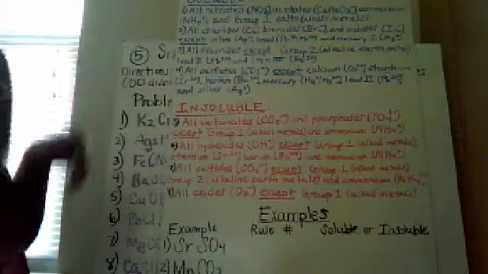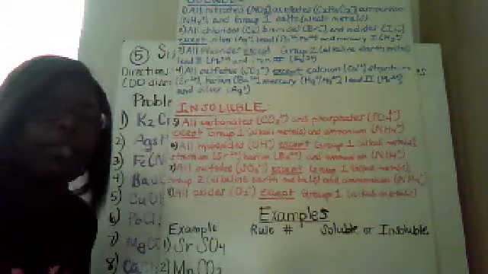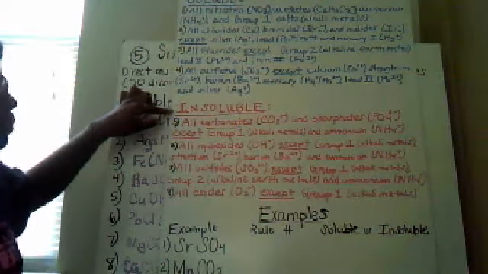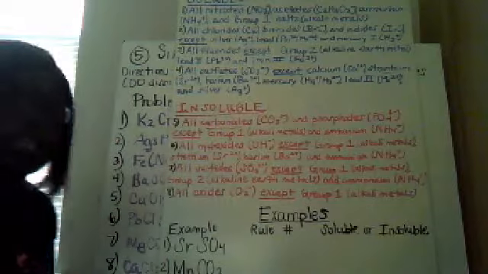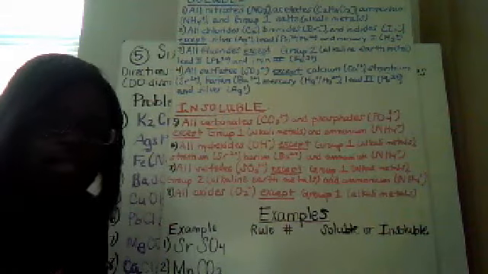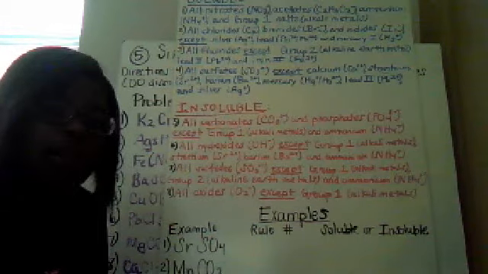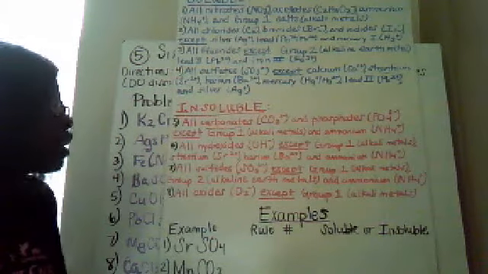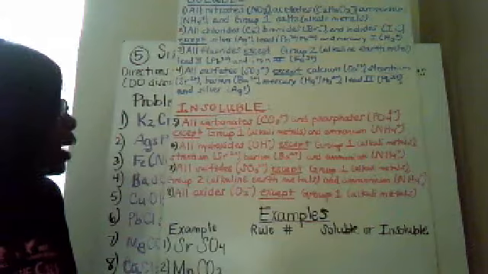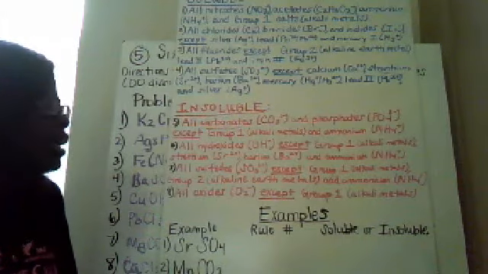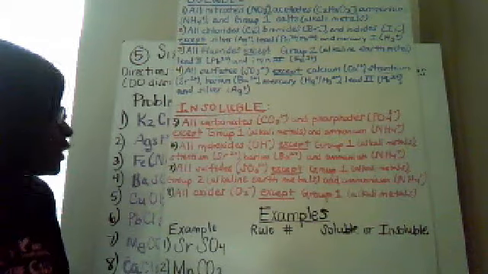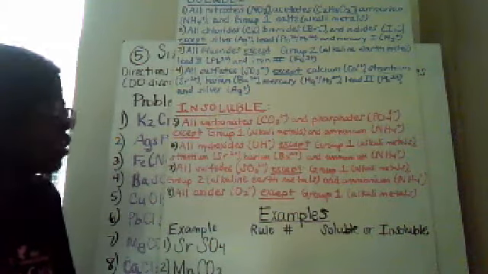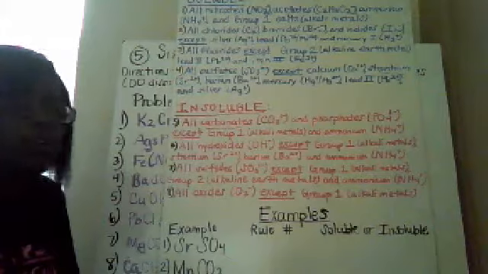So it's telling you all the things that are soluble, but there are some exceptions that will make those compounds insoluble. Here you have insolubility rules. They also have exceptions, but those exceptions are going to cause those compounds to become soluble. So rule 5: all carbonates and phosphates are insoluble, except when bonded with group 1 alkali metals and ammonia. Rule 6: all hydroxides are insoluble, except when bonded with group 1 alkali